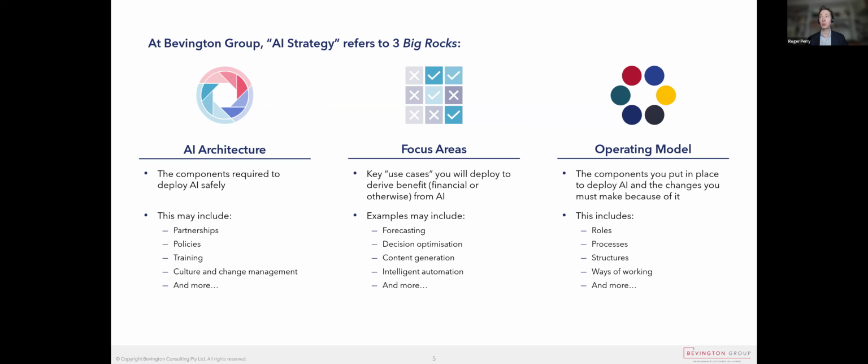And then operating model, and there are two parts to this. How do you set yourself up so that you can actually deploy AI? And there are many different types of it, which is one of the complexities. And then also, what differences will AI make to your operating model? And should you be doing things like workforce planning to really prepare yourself for the emerging changes to come?